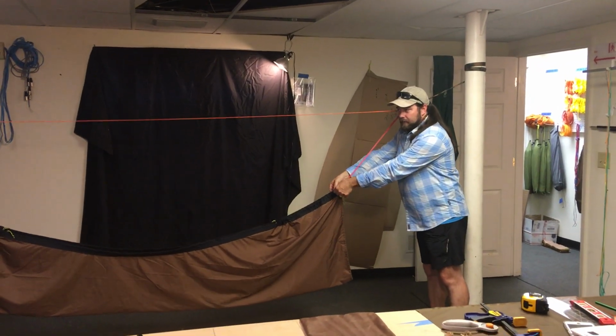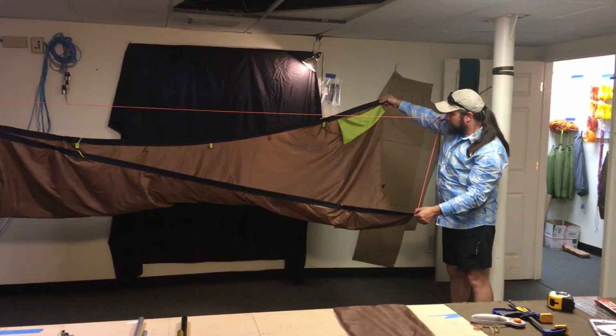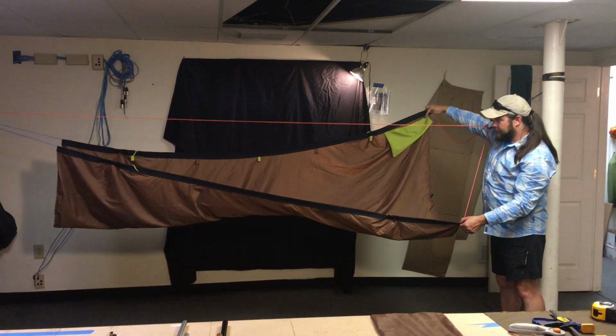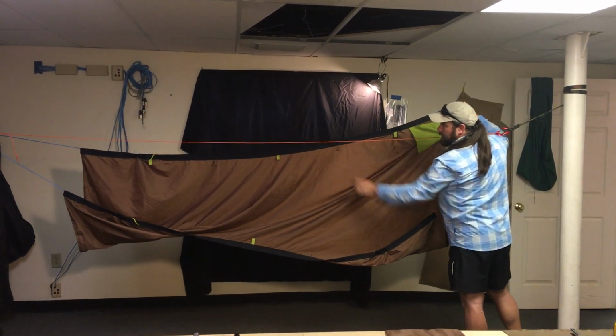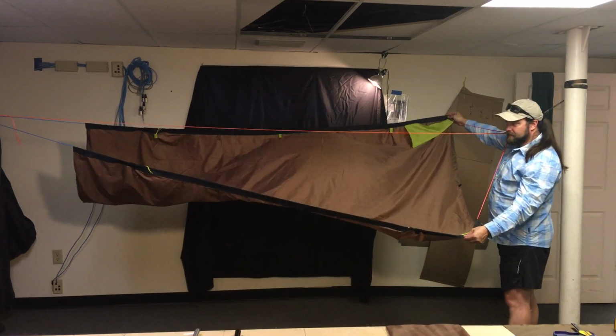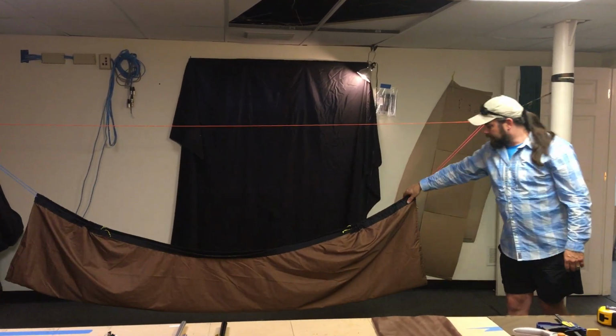So before I even do anything, I'm going to go ahead and open the bridge and take a look. I've got the pockets at the head end. I've got the tabs facing up on each side, and I've got nothing twisted. All right. Now at this point,